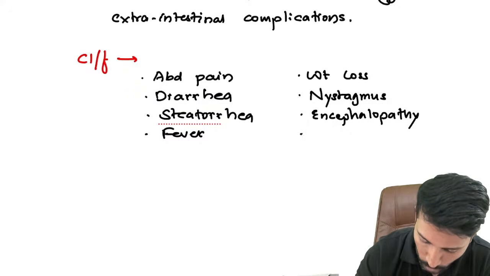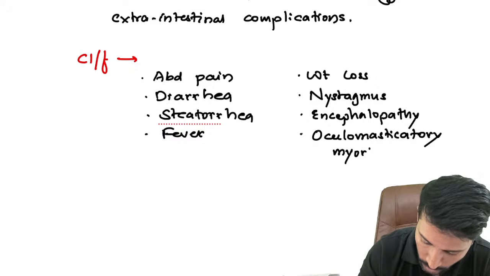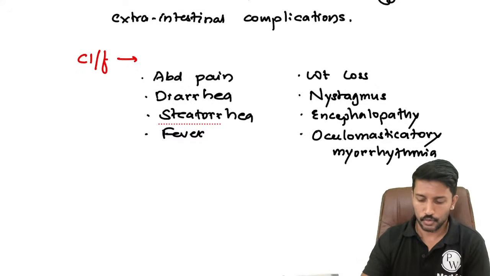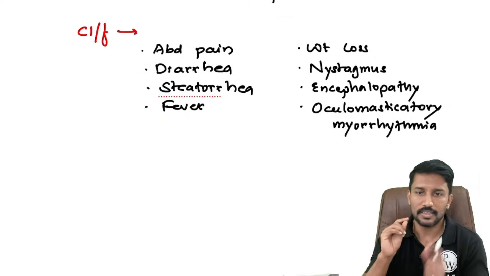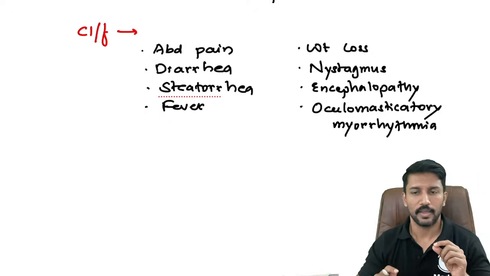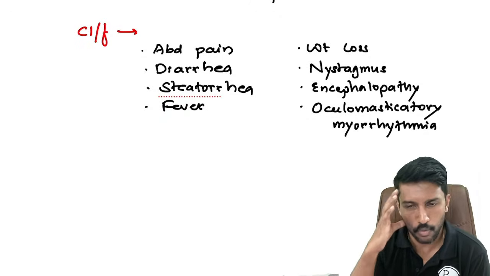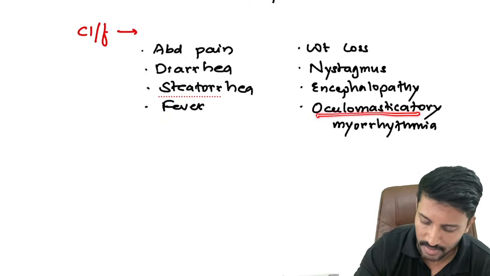And that can also lead to one more, something called oculomasticatory myorrhythmia. So what does that mean? It basically refers to a condition where the eye muscles and the masticatory muscles are in sync because of the CNS pathology caused by this Tropheryma whipplei. Whenever the patient tries to do masticatory movements or eye movements, both the muscles will move in sync. So that's why we call it oculomasticatory myorrhythmia.